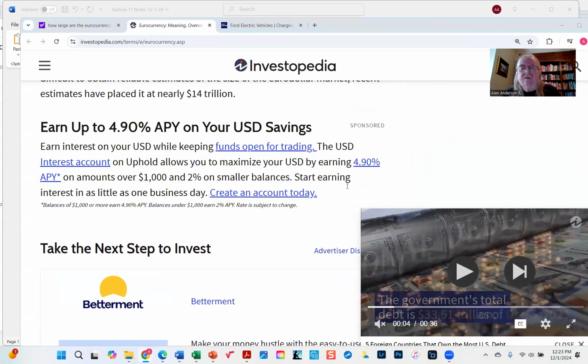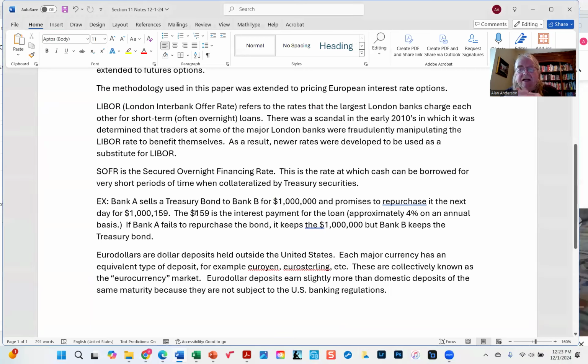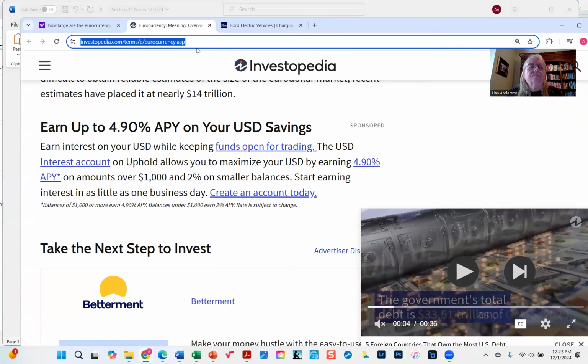So yes, now there is an actual futures contract. It's based not on the euro dollars themselves, but the rate that they're earning. Okay. So in fact, if you were to go look at